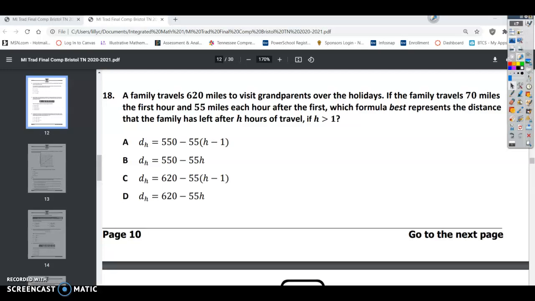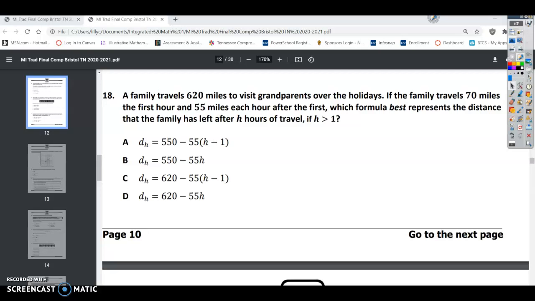Right, Math 1, final benchmark, number 18. A family travels 620 miles to visit grandparents over the holidays. If the family travels 70 miles the first hour and 55 miles each hour after the first, which formula best represents the distance that the family has left after h hours to travel if h, your number of hours, is